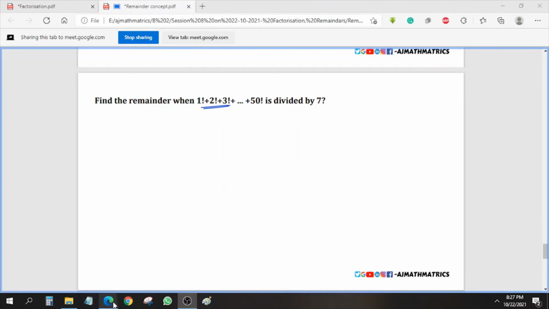Okay guys, when you get this kind of questions in the examination, please think logically to solve, or else you can remember this method. So 1 factorial value is 1, 2 factorial value is 2, 3 factorial value is 6, 4 factorial value is 24, and here we are going to find out the remainder of division by 7. So we need to write up to 7. So 5 factorial is 120, 6 factorial is 720, and 7 factorial. And 8 factorial we can write as 8 into 7 factorial, and 9 factorial we can write as 9 into 8 into 7 factorial.